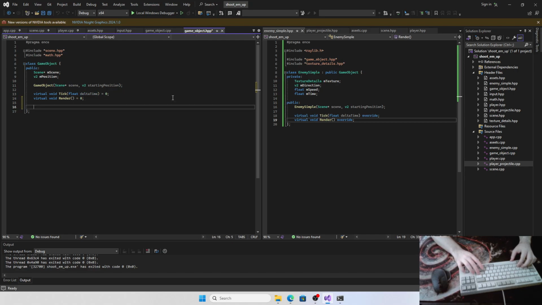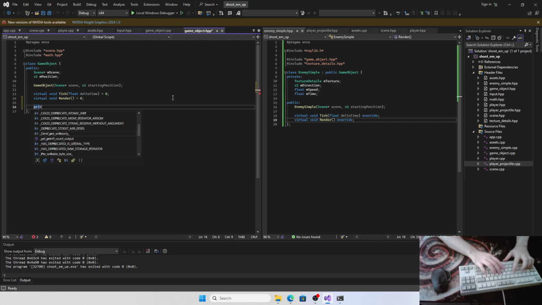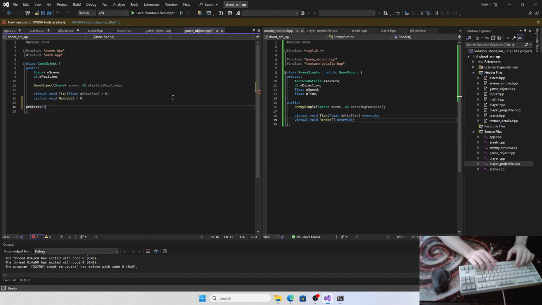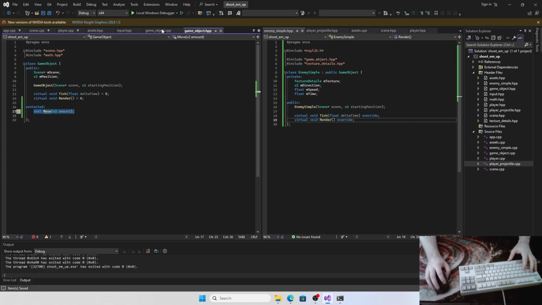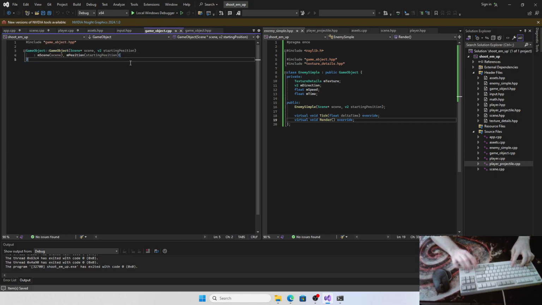Let's add here a protected function called move, and we're gonna have how much we want to move. So let's go in here, implement this for all the objects,